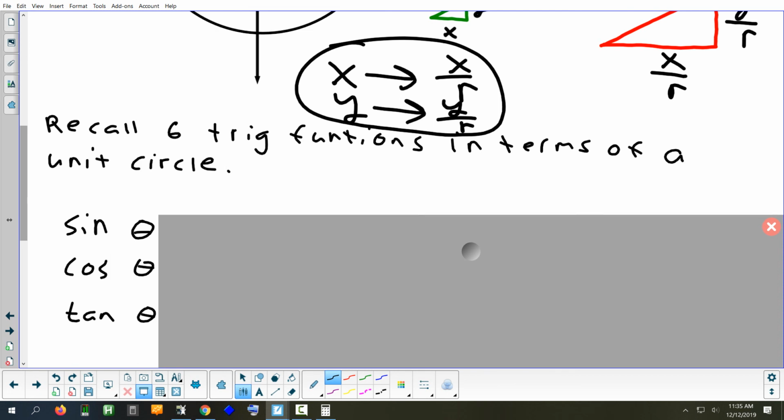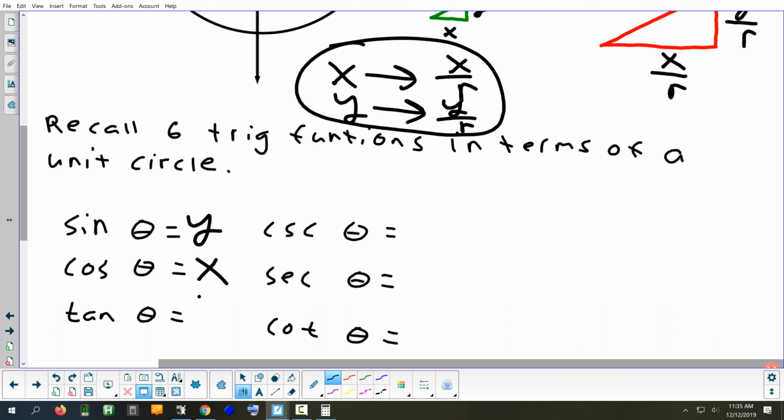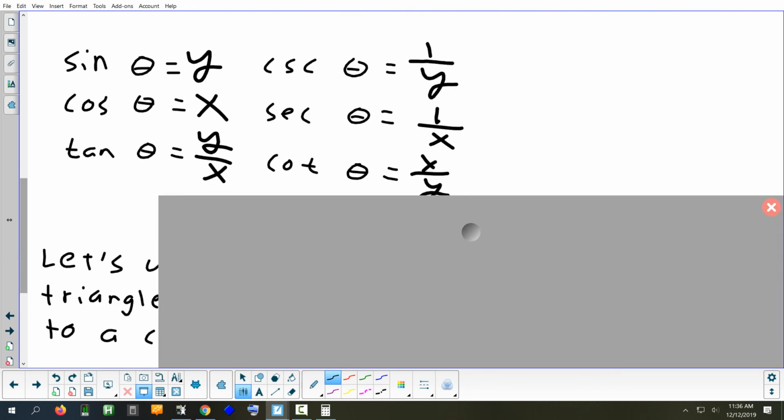Sine was y. Cosine? X. Tangent? Y over x. Cosecant? 1 over y. Secant? 1 over x. Cotangent? X over y. Those are the definitions on a unit circle. Okay, we did that a couple weeks ago. Now,